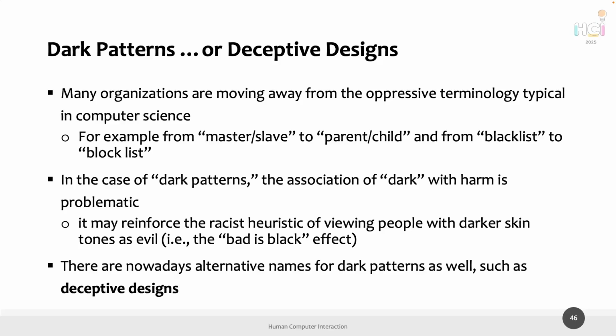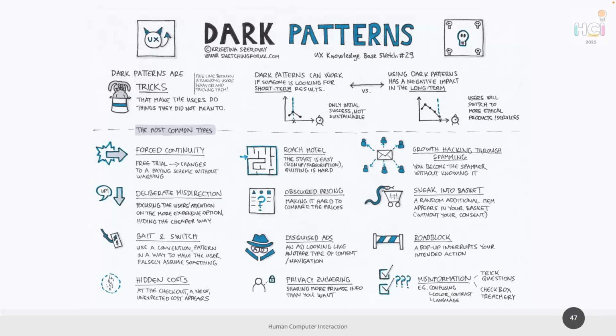In this case, the name dark pattern could be problematic because there is this association of dark with harm that may reinforce a sort of racist heuristic. So there are, again, nowadays alternative names for the same thing, like deceptive designs, manipulative patterns, and stuff like that. But anyway,